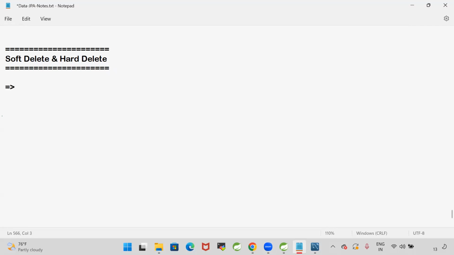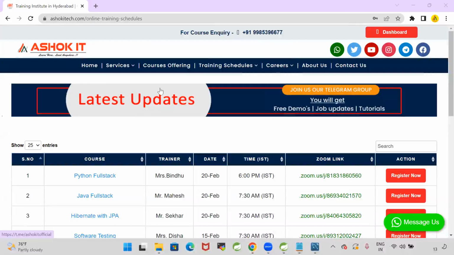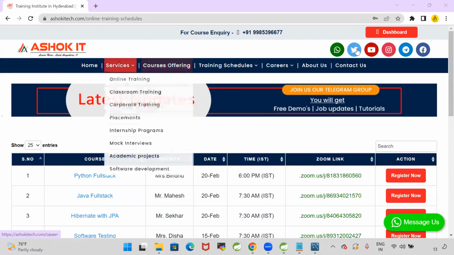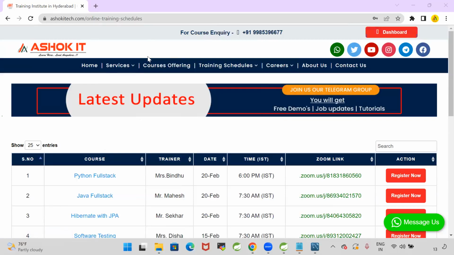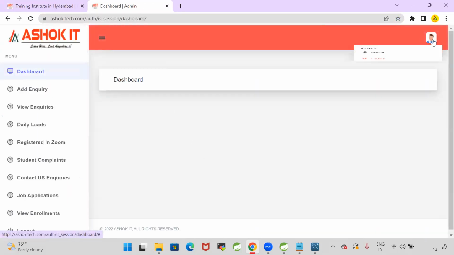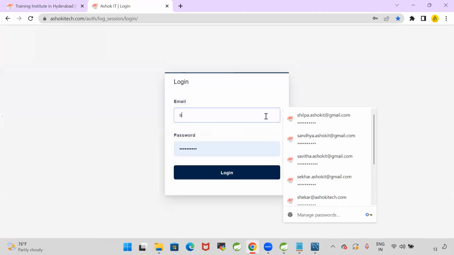Simple. In real time, we are going to implement soft delete and hard delete functionalities. Even in our Ashok IT website, we have that functionality. Let me show you where it is available in our website. I have an admin panel for my website. So in this admin panel,